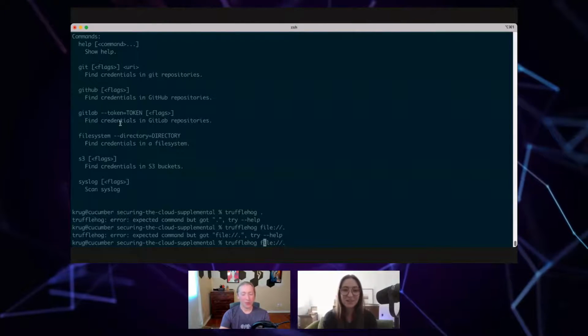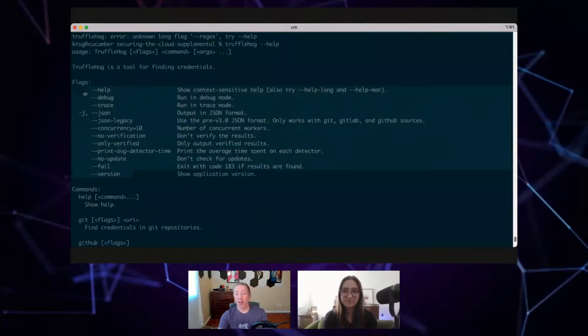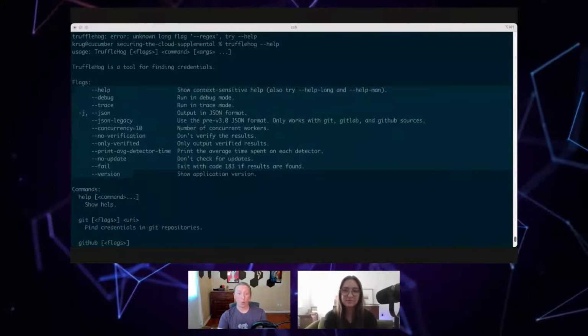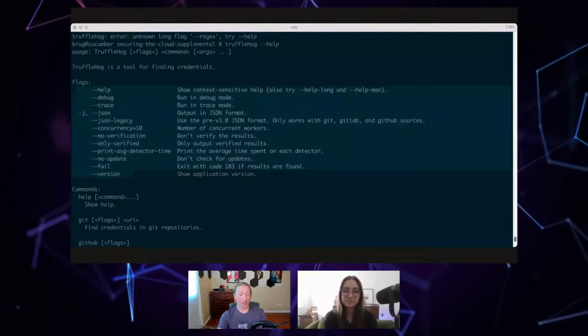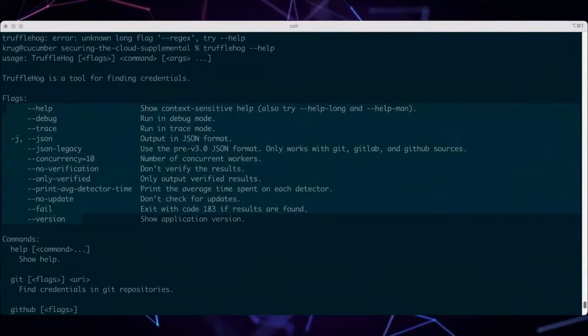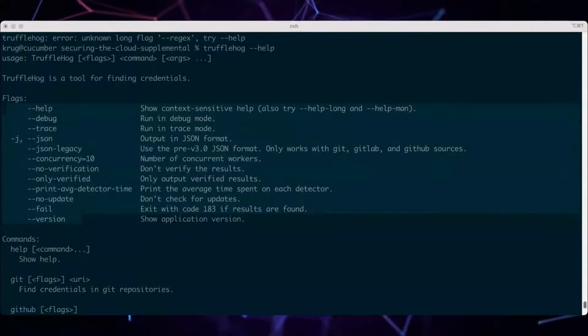Yep. So this Trufflehog that installs via brew does not have the regex flag at all, which is totally weird, because according to the documentation, it's supposed to have it. Oh, it's a deprecated flag in the latest version.